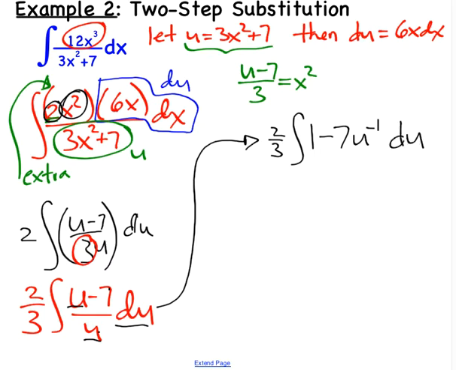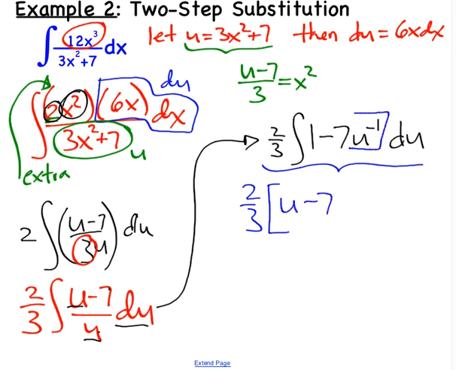And once again, we can apply the power rule. So we get 2 over 3. The antiderivative of 1 would be u minus 7. This is one of our memorized antiderivatives. U to the minus 1 gives us the natural log function of the absolute value of u. And then plus c. And now we want to return u to its x variable form. So our final answer